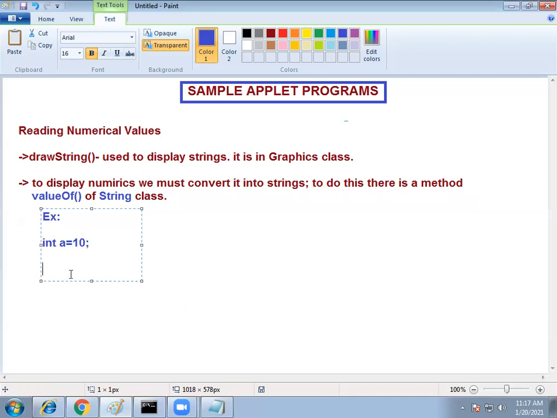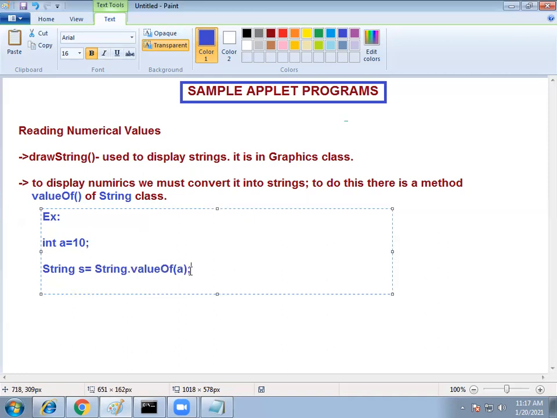So what you have to do is simply convert this a into a string, by calling String dot valueOf of a. Now the value of a is converted into a string and it is stored in s. Then simply call g dot drawString of s at the location 10 comma 20. That's all.